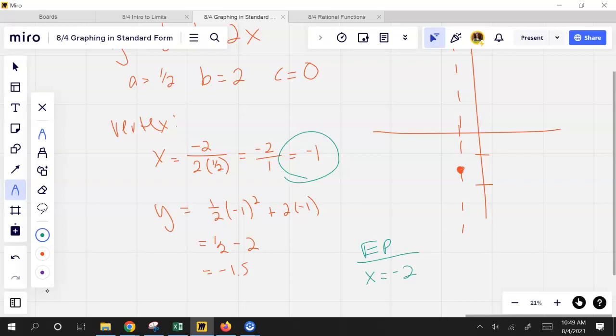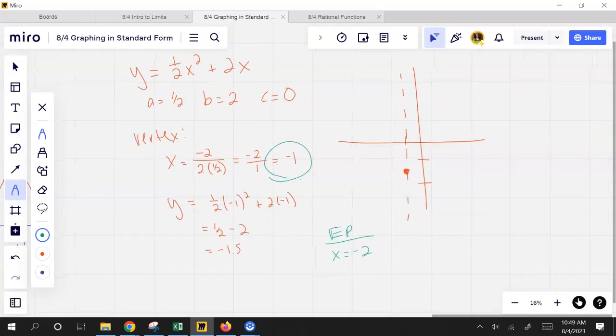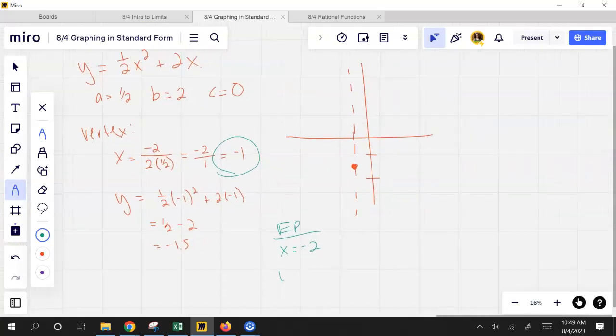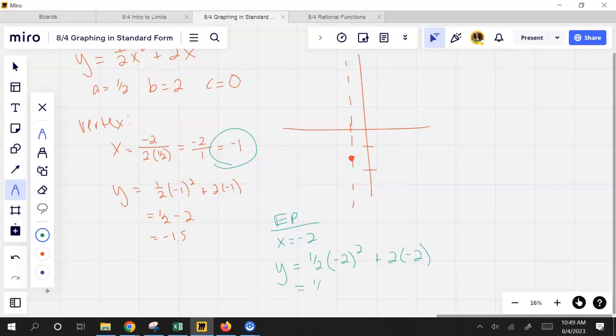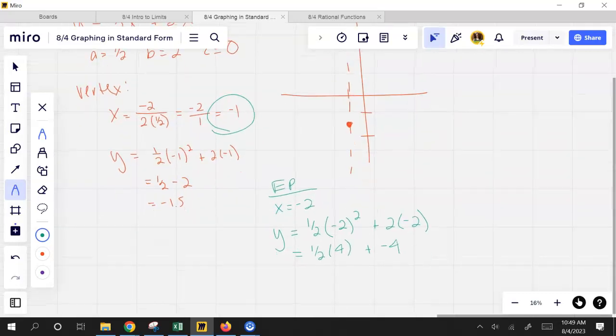Now this one, y'all hear me, this one would be easier to use the y-intercept, and we're still going to have it. I just want to show you how there's more than one way to do it. So here, if I put negative 2 in for x, then I get 1/2 negative 2 squared plus 2 times negative 2. Exponents come first, so I've got a half of what's negative 2 squared? 4. What's half of 4? 2. So this is 2 plus negative 4, which is,